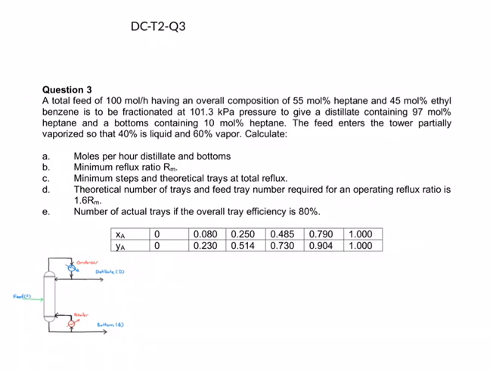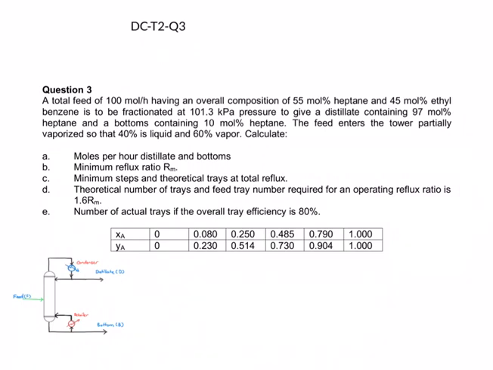And then you're also given the distillate, which contains 97 mole percent heptane, and the bottom contains 10 mole percent heptane. And then you are given the condition of the feed. The feed enters the tower partially vaporized, and the